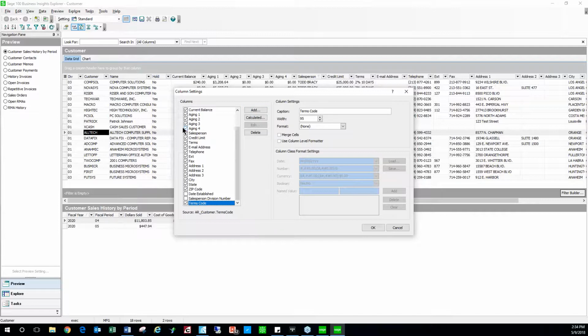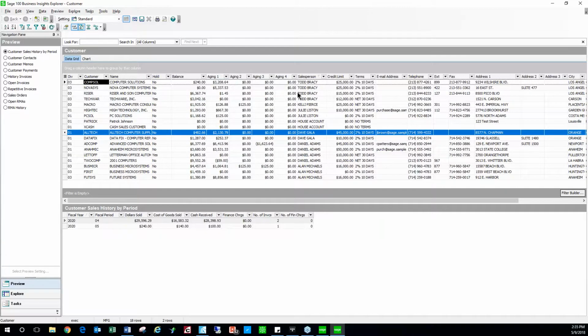I also have the ability to highlight the current balance column, and if I wanted it to just be balance instead, I could change it and say okay, and balance would be changed right here. It's been changed from customer balance to balance. So there's all kinds of ways to change the way this looks